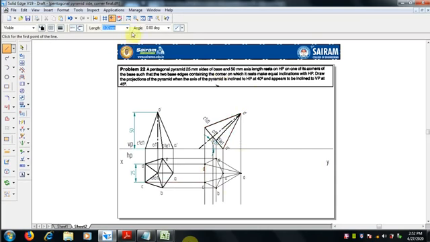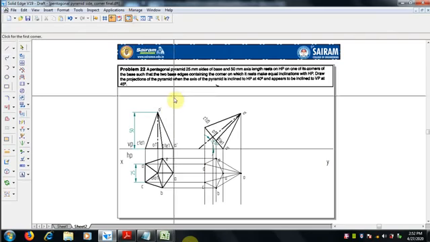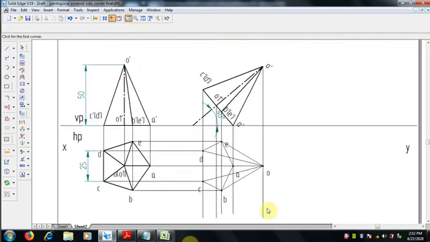When we are seeing from the top, first the boundary, whatever the boundaries are there, make it a visible boundary with 0.5 mm thickness. Select the outer boundary first. These are all the maximum, the outer boundary. So select that and make it 0.5 mm thickness. From the top, if we see, this is the boundary which is visible, and now you can see the C edge, C to O and D to O are also visible since it is the top. So select those edges and make them 0.5 mm thickness visible.